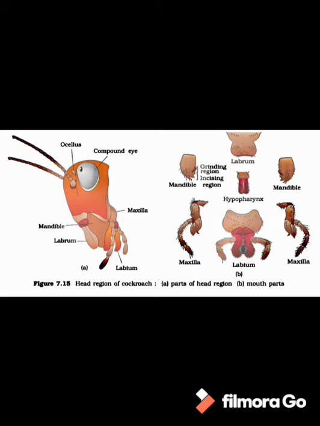Maxillae are 2 in number and are regarded as upper jaws or false jaws. Maxillae are with maxillary palps which again perform sensory function. The true jaws are mandibles. Mandibles are the true jaws, or you can say they act as the lower jaw. Mandible has a grinding region and an incising region, that's why it is meant for grinding of food material. In cockroach, the tongue-like single structure present is the hypopharynx.